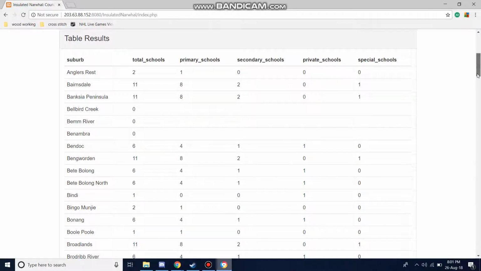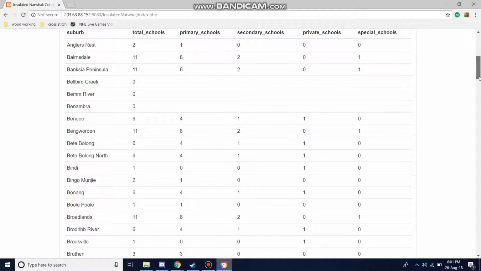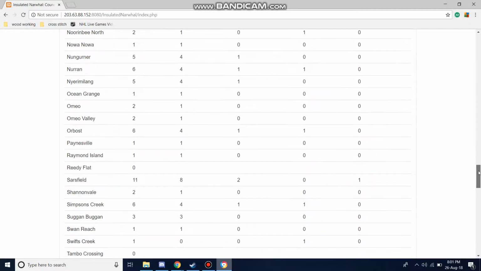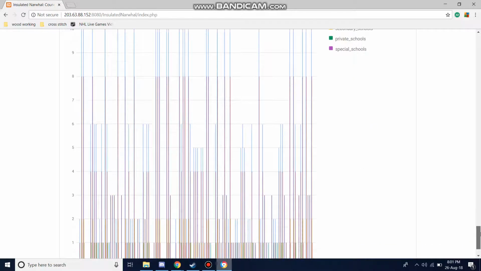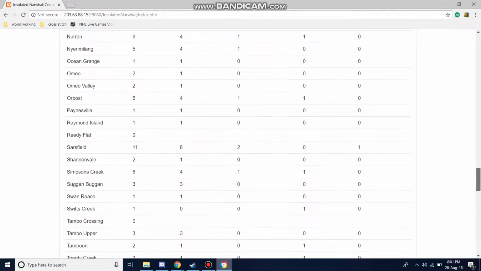will show up a total of schools. Again, there were some issues within the actual data sets themselves. We have a total schools, how many primary schools, secondary schools, private schools, and special schools. Special schools are special needs schools for things like behavioural or intellectual issues. Due to the fact that there is such a wealth of information here, the bar graph does look a little thin, but again,